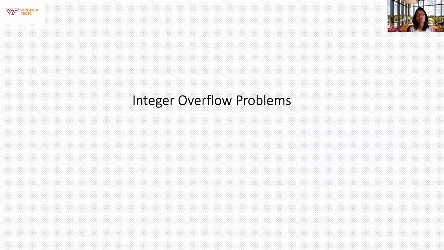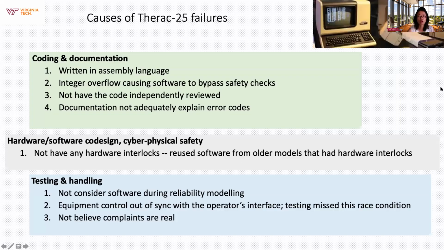Integer overflow. How bad can an integer be? They don't even change control flow. There's no return address, pointer, or function pointer. So why am I worrying about integer overflow? It can actually literally kill people. Back in the 80s, there was a very popular radiation therapy machine, and nowadays a lot of cancer is treated through chemo, not radiation. But it was popular back in the 80s, and one of the machines, called the Therac-25, ended up causing several fatalities in North America, between the US and Canada. Several people died